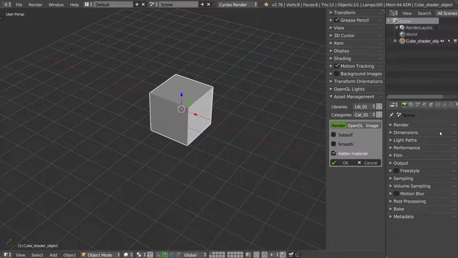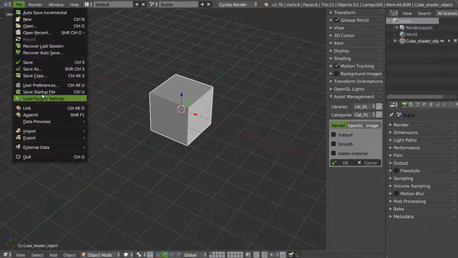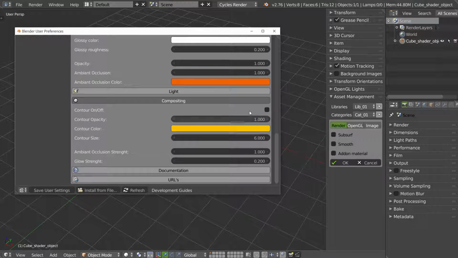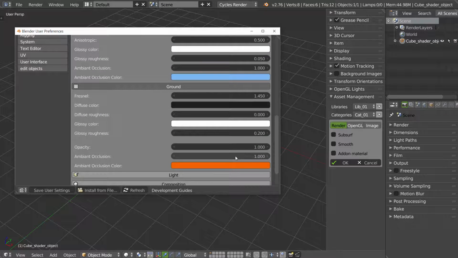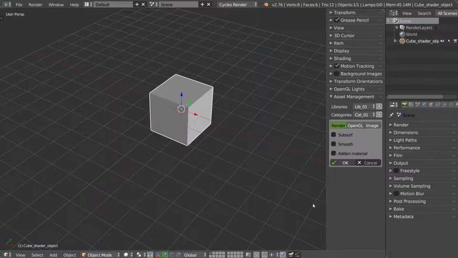Object is to uncheck the add-on material and use the material of the object directly. So in the preferences I will uncheck the contour, maybe change the opacity of the ground, make a save and click OK.